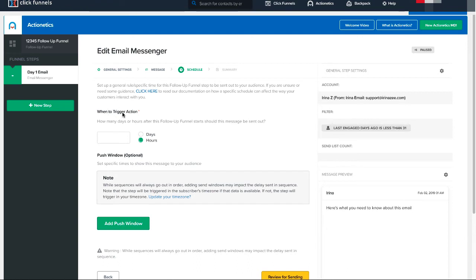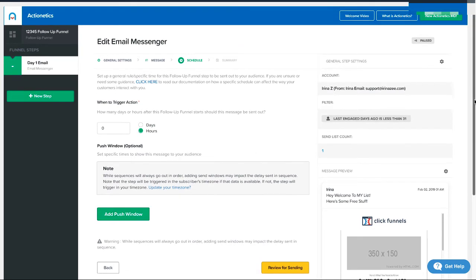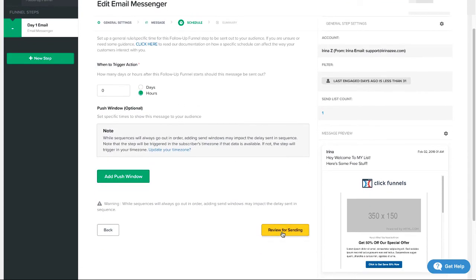Now what you can do is set up a trigger action. So you could send this after a day or after some hours. Since the way we just set everything up, when somebody opts in, they get added to a list, let's send them this email right away. So we'll just leave everything at 0. You could add a push window. This is an optional feature. But for this example, we're going to steer clear of that and then click